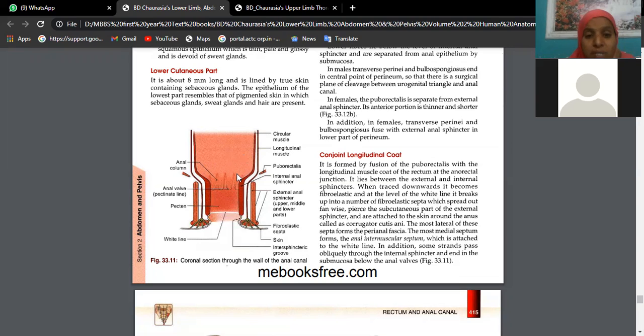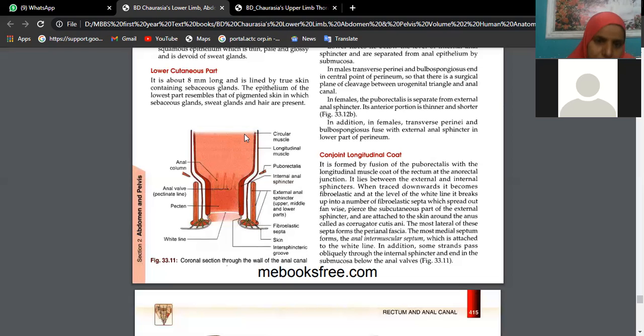where we have mucous glands. Coming to the muscular layer, what are the various muscles we have? This is the inner circular layer. Outside to which we have the longitudinal muscle coat. Then outside to this longitudinal muscle coat, we have one voluntary sphincter. When we are ready for defecation, this muscle will relax. You call it the external anal sphincter. This external anal sphincter has three parts: the upper part, the middle part, and the lower part.